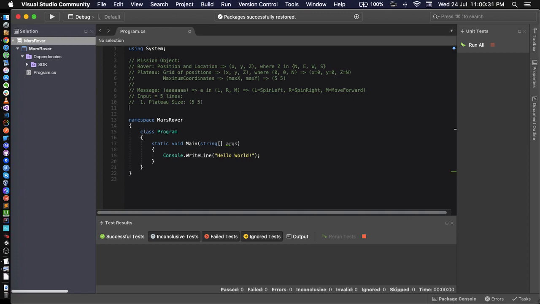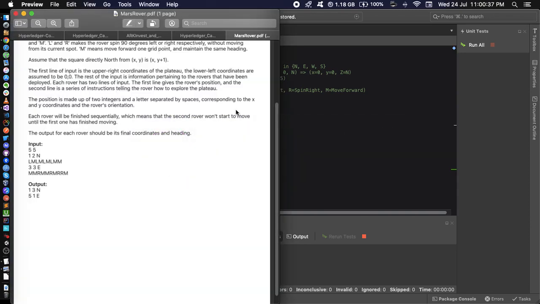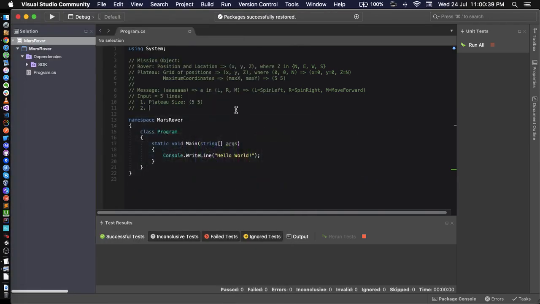The second line is, now, I wouldn't call it the second line, I would say the second component of that message object is an array, just to use an array loosely in this case, an array of rover instruction